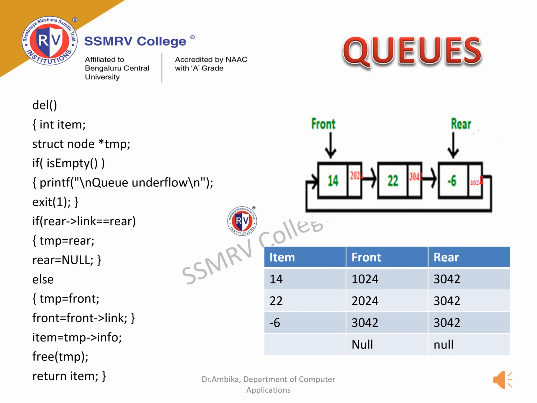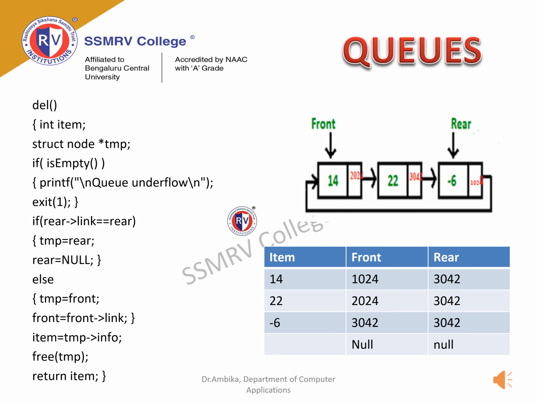When the user makes a call to the delete function, del function is called. A new node by name TMP is created. The queue is checked if it is empty. As in the example, queue has 3 items. Hence, next if statement is evaluated. Rear link is equal to rear turns to be true when the queue has only one item stored. Hence, from the given example, else loop is executed.